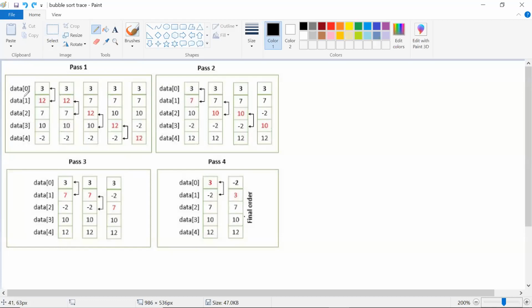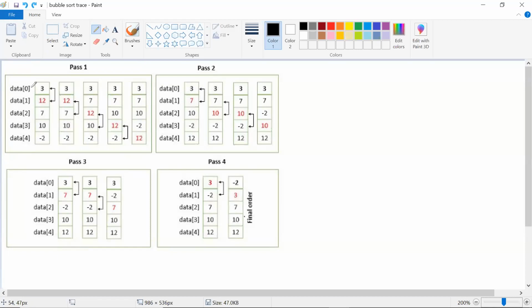Okay, here, hope you understand. Here, the value of n is 5. The name of the array is data. There we have used the name of the array as a. Here the name of the array is data, and the capacity, I mean the size of the array, is 5. That is 0, 1, 2, 3, 4. 0 to 4 means it can store 5 elements.